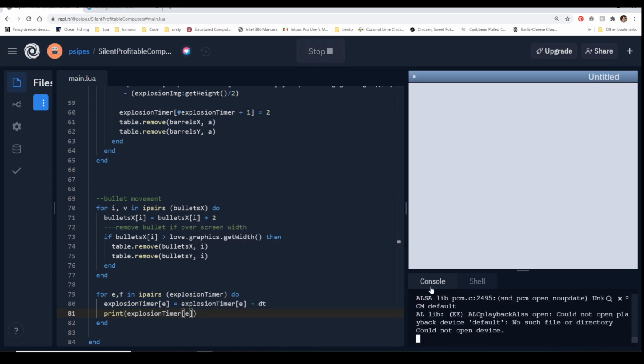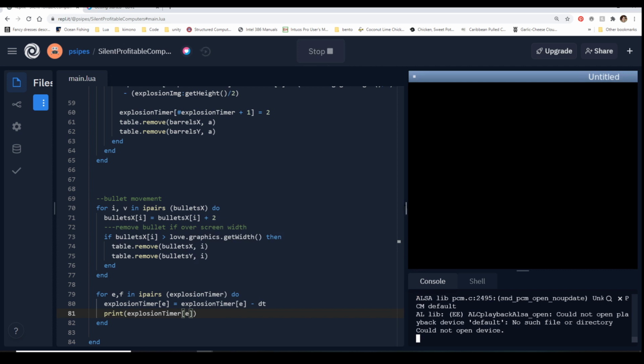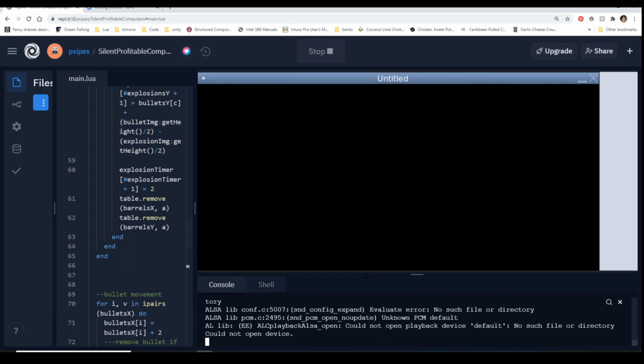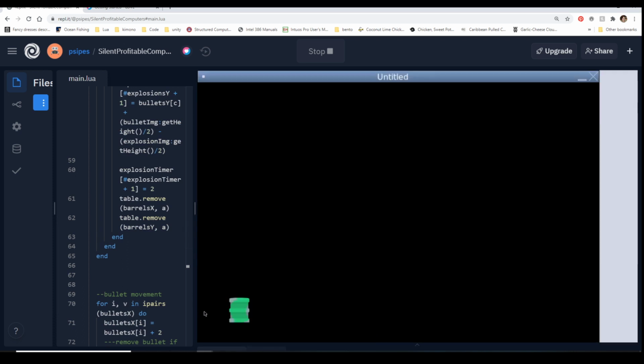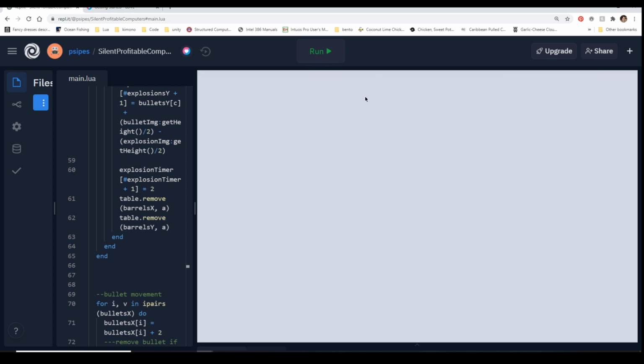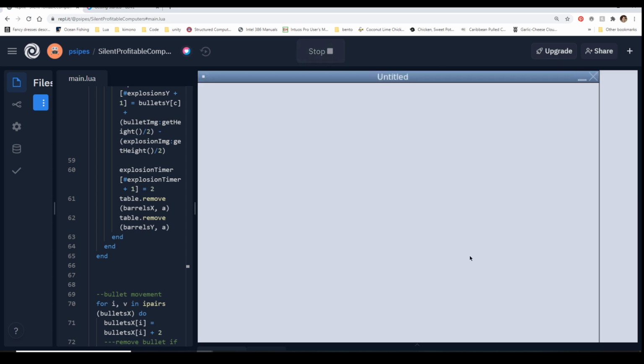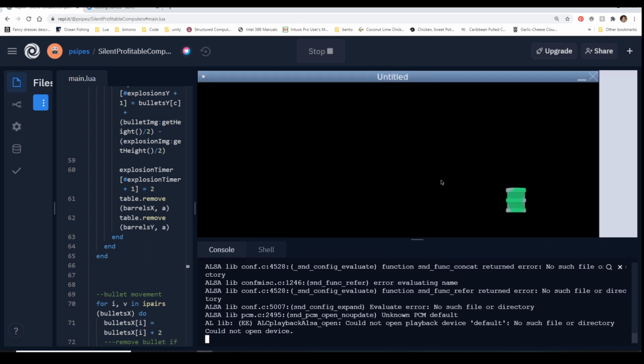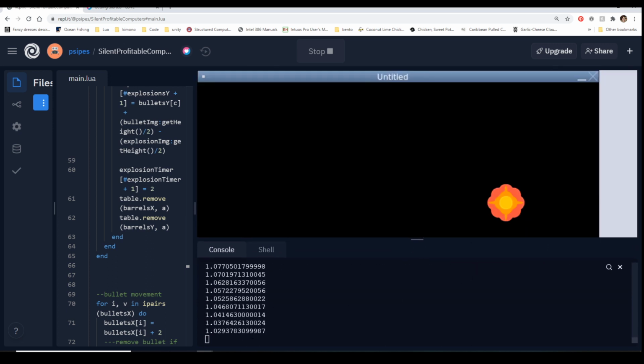So when we run, oh, there's a nice dog. Good job. There's a barrel down here. Okay, let's respawn that barrel. This is the only problem with making this bigger, is that then it causes problems when we're running. Okay, so that should work. So now we're going to see when we run this and we hit this, we've got this timer going, and it's just keeping going. But we have a timer, and it counts down, which is what we want.